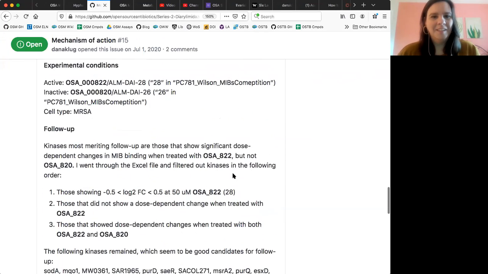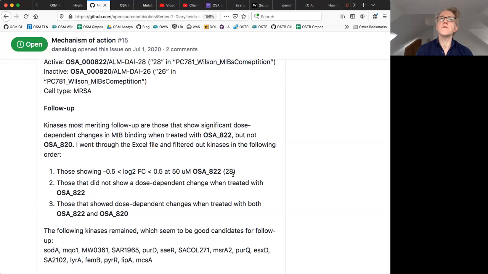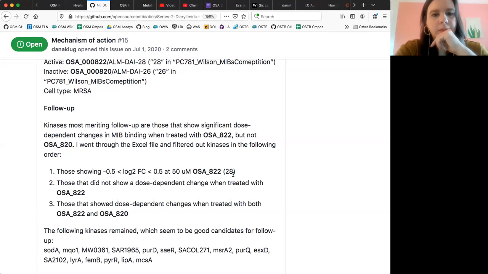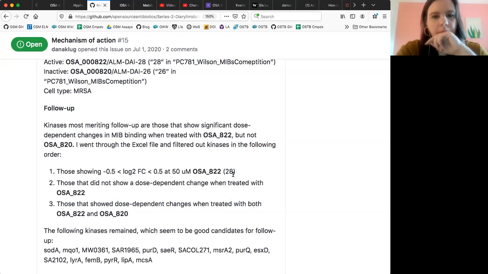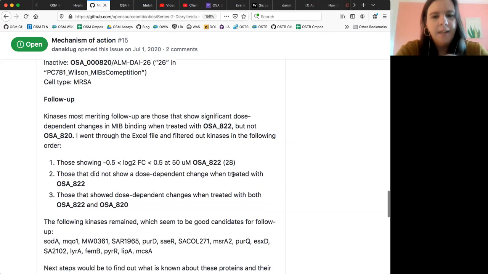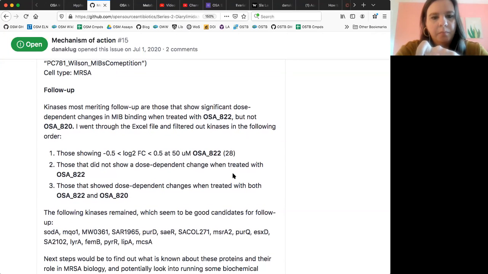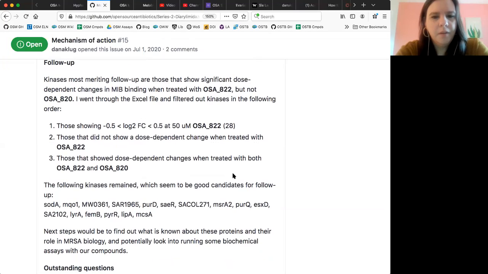So does that make sense? Yeah, and I guess that's the thing, isn't it? You don't need to worry about what the binding interaction is, or whether or not you're getting good interaction between the small molecule and the protein. All you're doing is seeing if there's a change when you add your compound in. Yeah. So it's basically a proteomics profiling experiment. So the ones with a negative fold change mean that the protein is less abundant in the presence of compounds, and then a positive fold change means that it's more abundant. So there were quite a few with a positive fold change.